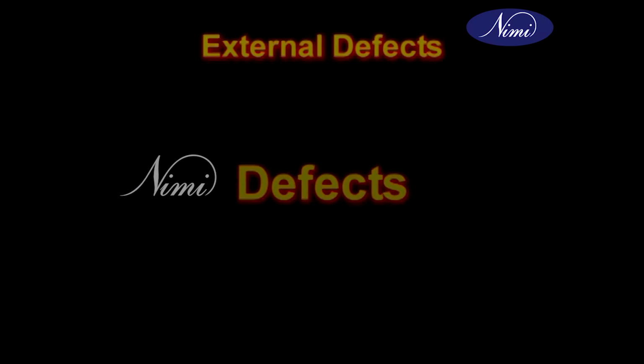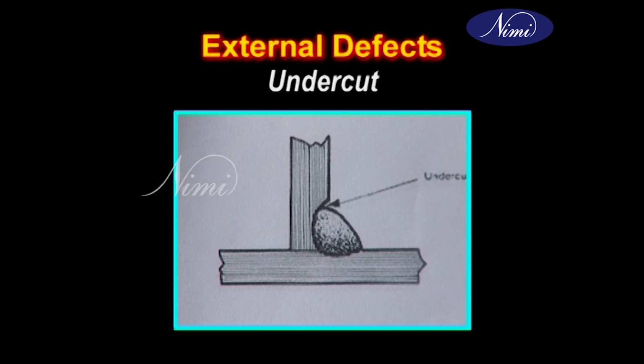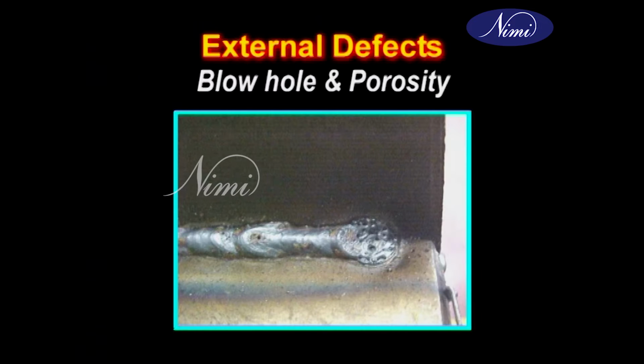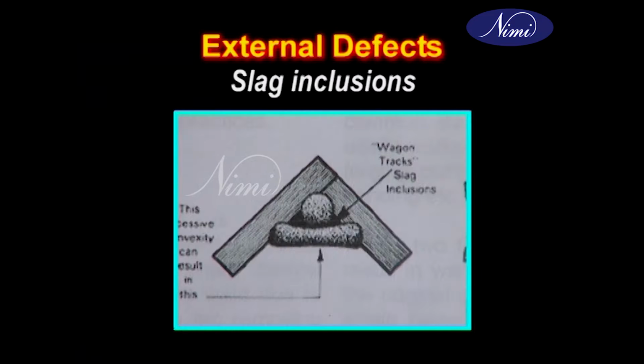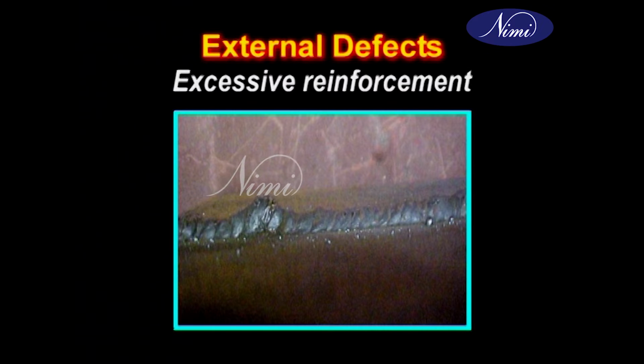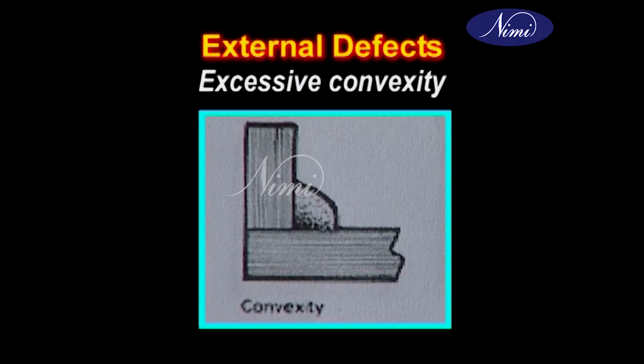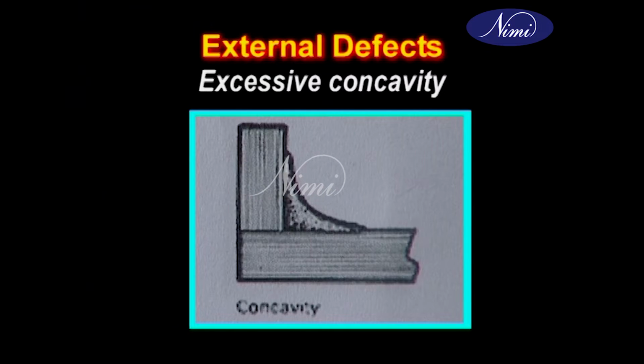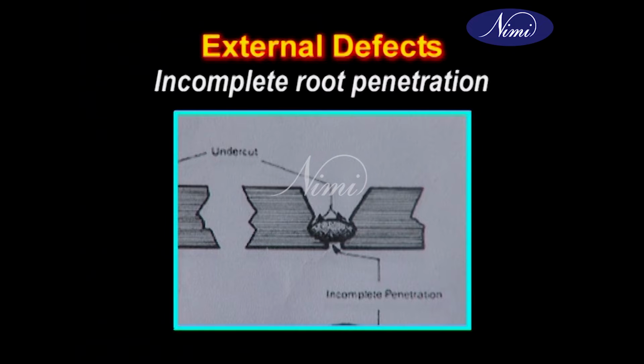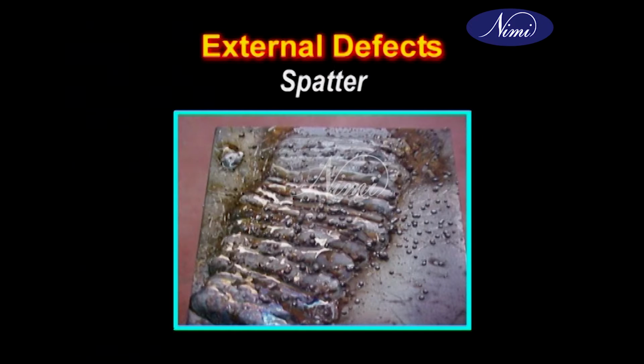Defects in welding can be both external and internal. External defects are undercut, cracks, blowhole and porosity, slag inclusions, excessive reinforcement, excessive convexity, excessive concavity, incomplete root penetration, spatter,